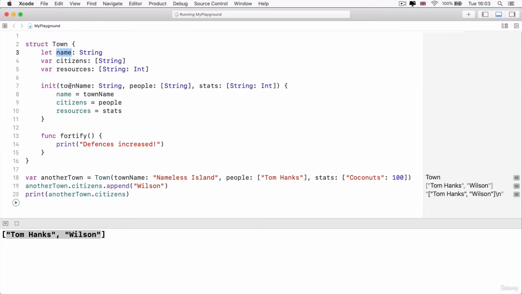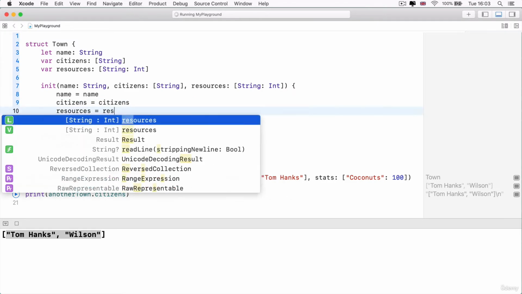of my town. Because in reality, it would be much easier for me to just name this citizens, and name this resources. But now, when I initialize it, I have to set the name equal to name and the citizens equal to the citizens and the resources equal to the resources.